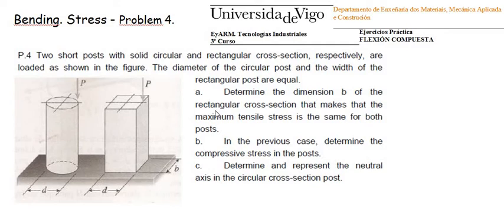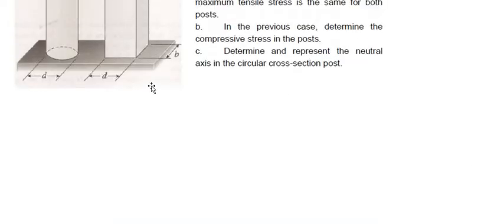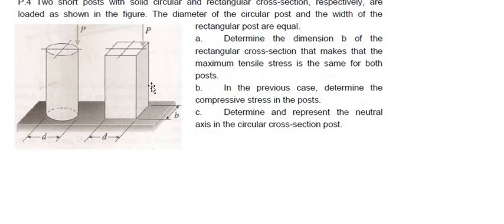So we have to look for the point with maximum tensile stress, and if we look at this eccentric force, we realize that this point is opposite to the point where the force is applied. So we are gonna translate the forces to the centroid in each case, and then we are gonna write the